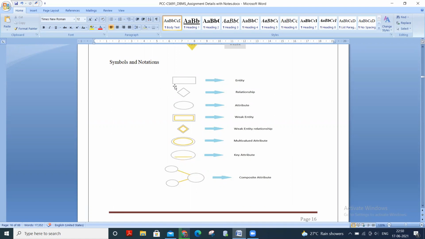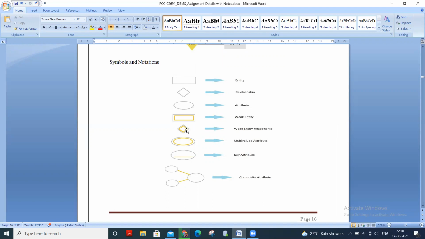So this is the part of symbols and notations which we use during the ER diagram. This rectangle shaped symbol is used for entity. This rhombus shaped structure is used for relationship. This ellipse is used for attribute. And the double rectangular shaped structure is for the weak entity.